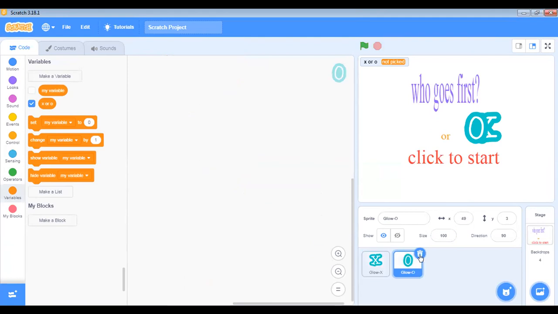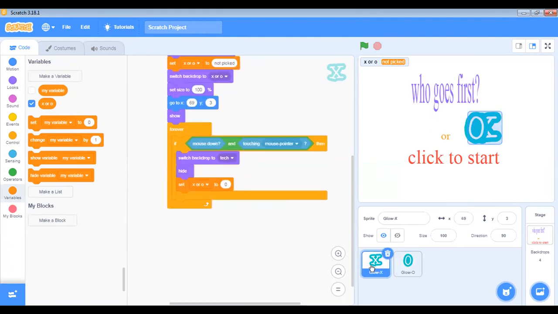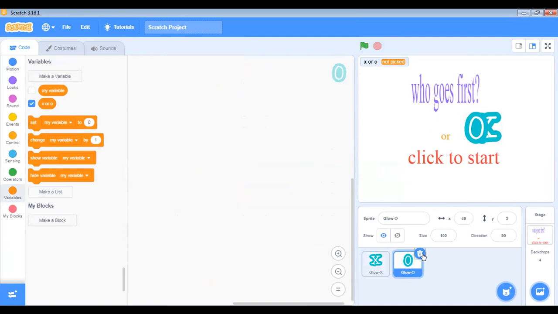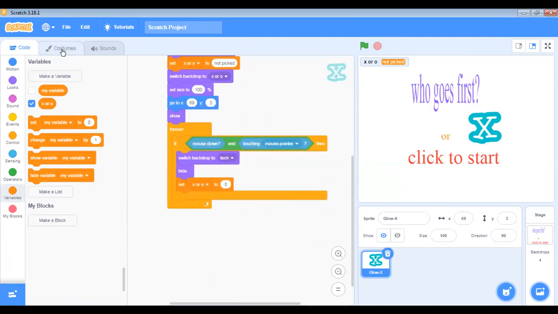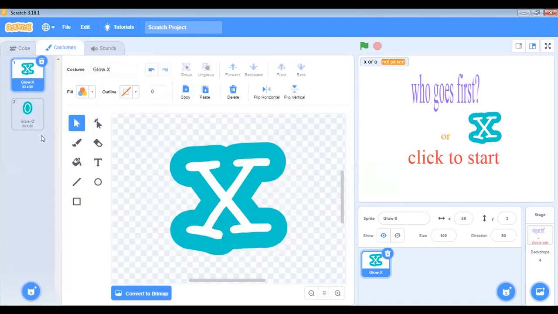No, that's wrong. They were meant to be inside one costume, not different costumes. So go to that costume. Pay attention. So this is how it's supposed to be. Now click on this where you have the cat sprites, inside this costume.